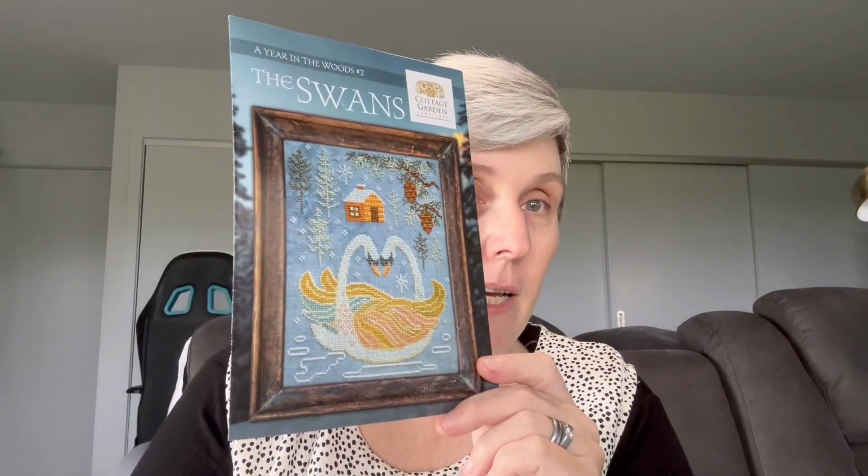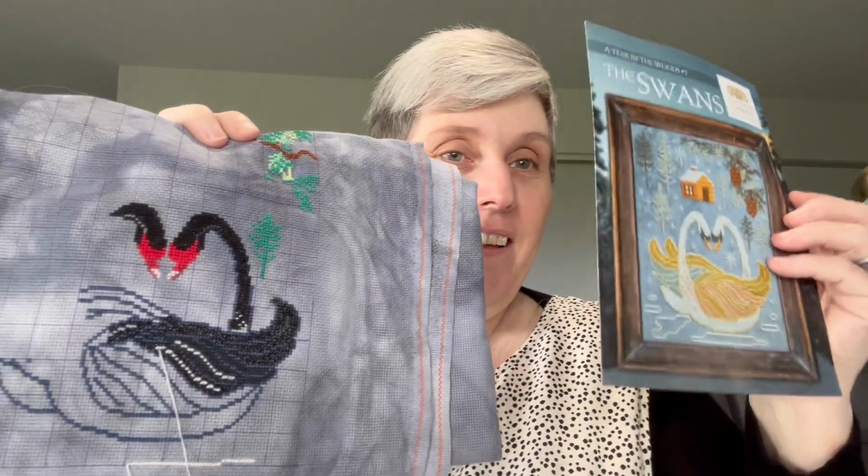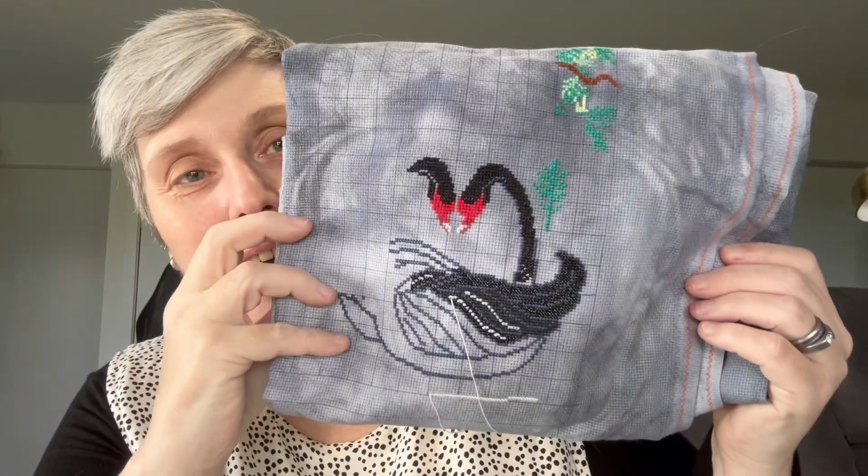Okay, my last piece is the Swans by The Year in the Woods. Do you see what it looks like? It looks nothing like the picture. Oh dear. You'll be thinking at this stage that I obviously cannot read the pattern. But actually,